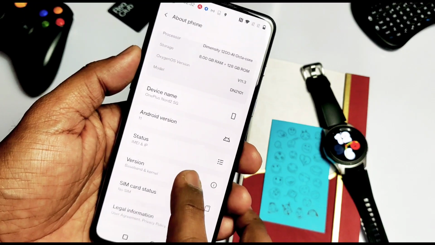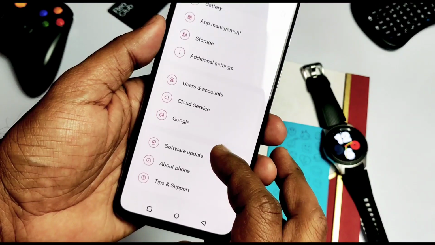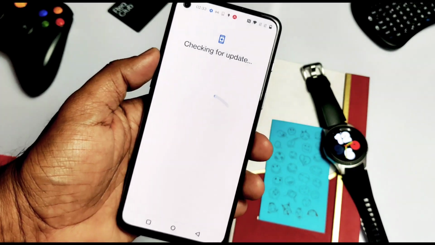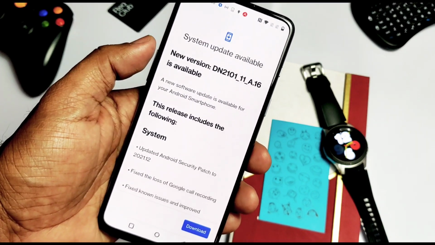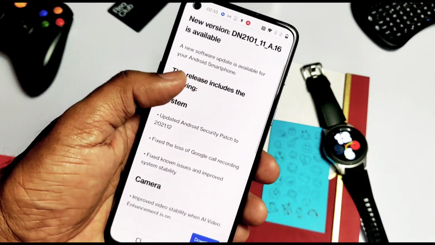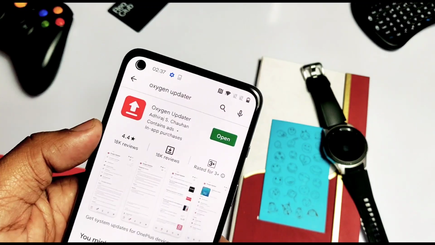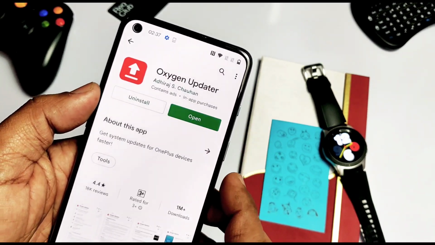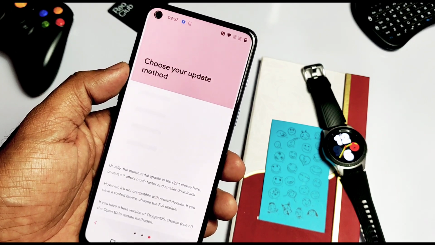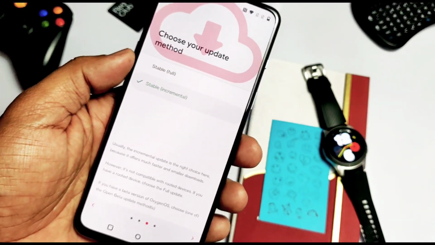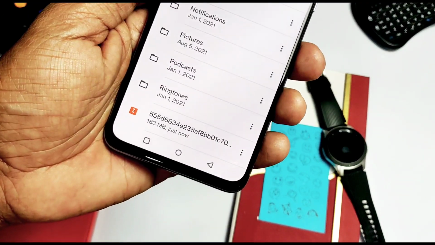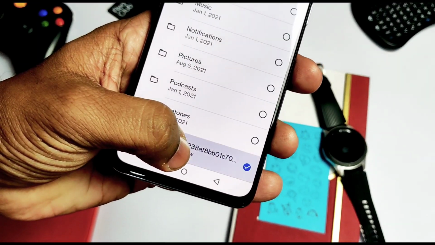If you go to the software update, immediately you will see the new update A16 with the changelog. If you are non-rooted without the TWRP, then download the update and flash it as usual. But if you are using the TWRP, then download and install the Oxygen OS updater app from the Play Store. Open it and set up. Here the app will also show you the same update A16. Download that 184 MB zip file. After the download completes, it gets stored at the root of the SD card in the phone.